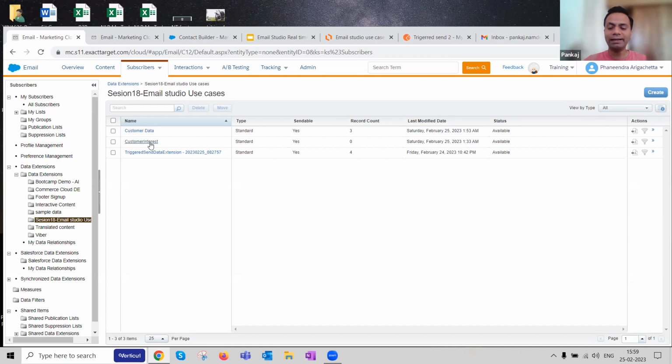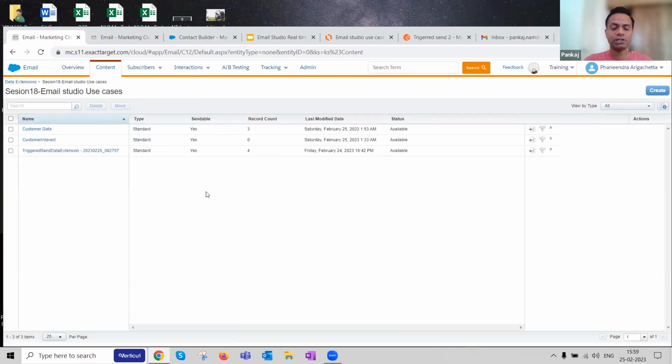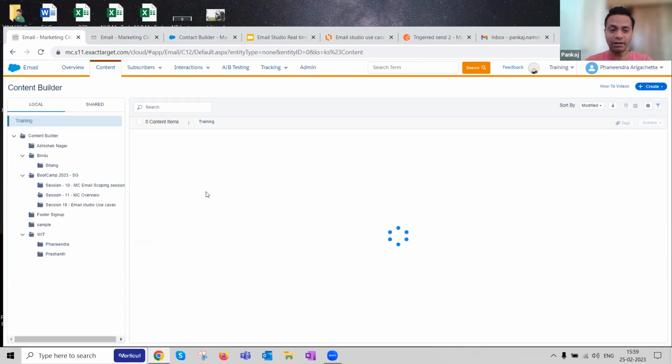So now the data is there from the e-commerce side, and it's hosted over here in my data extension in this section of Email Studio. What is the next step? Obviously we have got the data, and we know the use case. Now we'll go and create the content. Content will be created over here. And I'm pretty sure Funny's team has done a stellar job in getting all the right people, along with himself, to get this content-related work done with you.